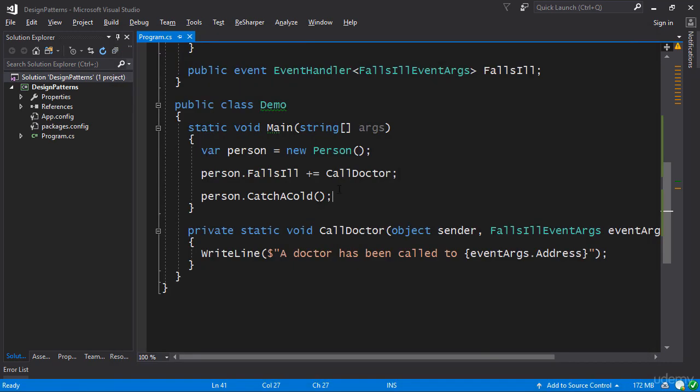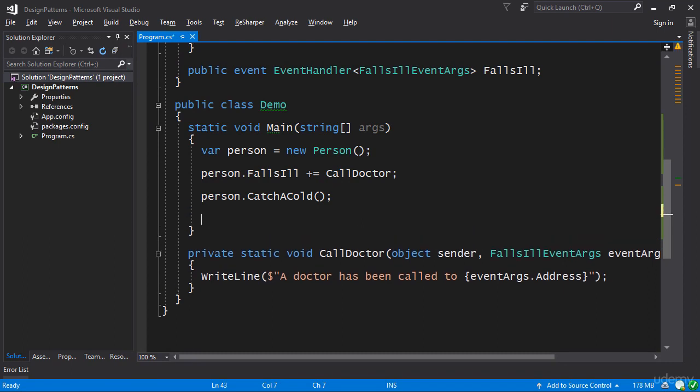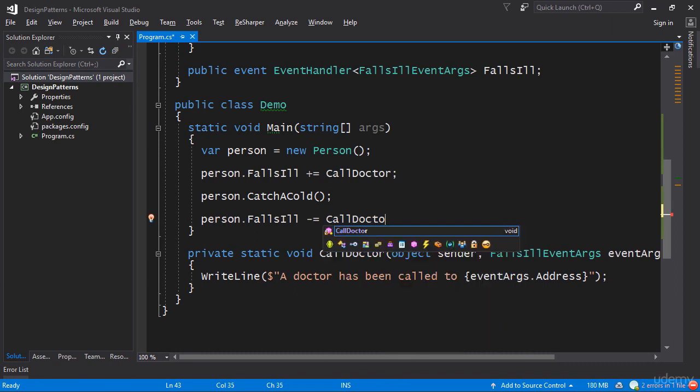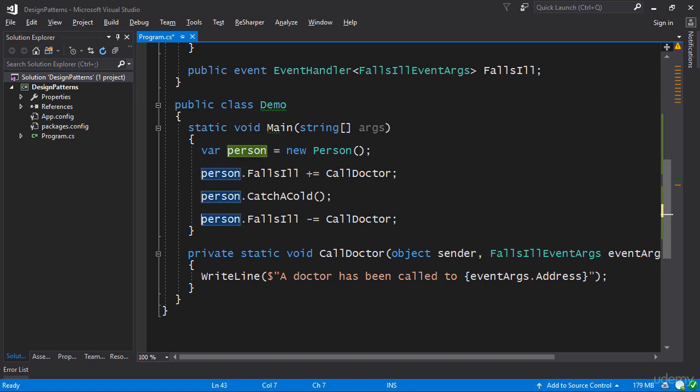Now, similarly, once you're not interested in listening to events anymore, you can use the minus equals operator: person.FallsIll -= CallDoctor. Now, there are really unpleasant rules if you, for example, plus equal a construct more than once and then minus equal it. This whole approach is not particularly stable, but the event infrastructure in .NET is good enough to handle events generated in UI, for example. So when you work with WinForms or WPF, you basically subscribe to an event. Like you have a button, and the button has a Clicked event, and that's what you subscribe to